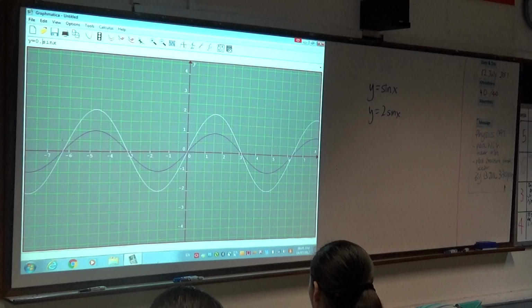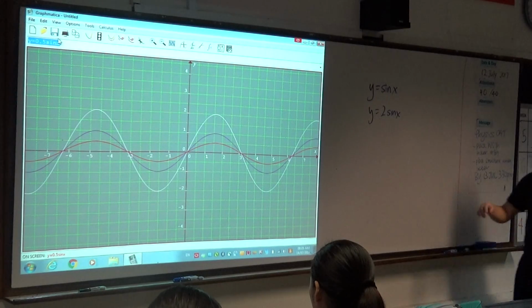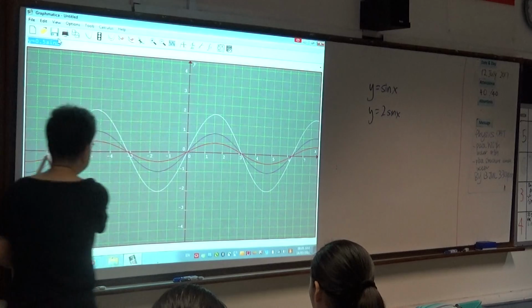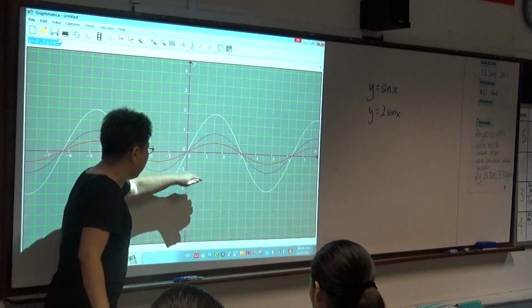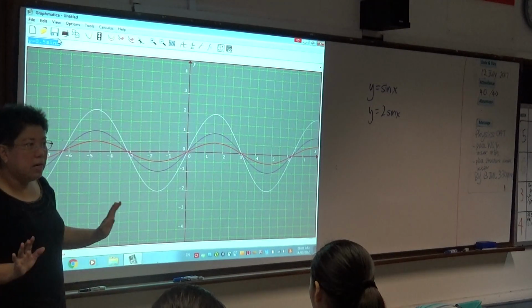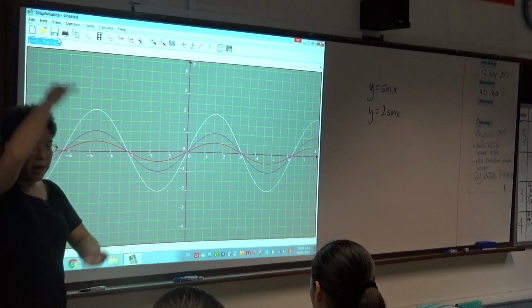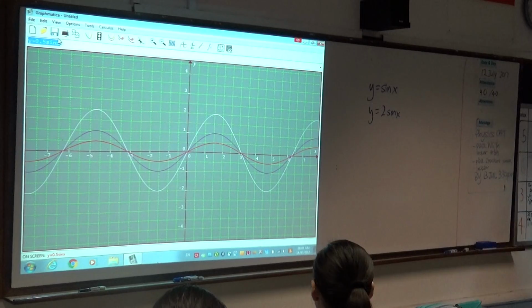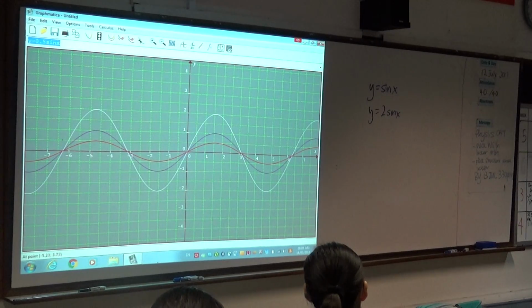What if it is half? What do you think will happen? It will become smaller, right? Can you see the red one? It will become smaller. Is everyone clear? So it will be bounded by half and negative half. Everyone clear about this? This is when it's up and down only. Okay? Now, next, I'm going to show you one thing that